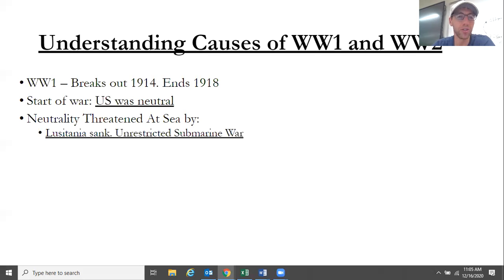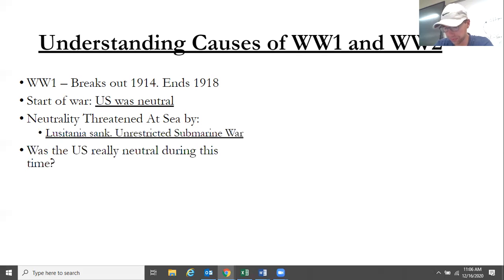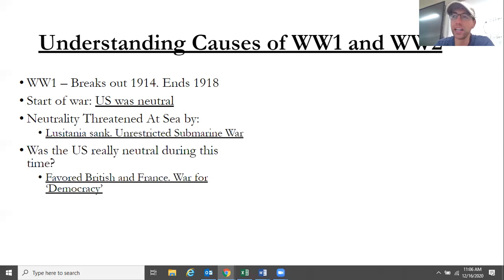The biggest thing that threatened the neutrality of the United States in World War I was unrestricted submarine warfare. An example of unrestricted submarine warfare was the Lusitania sinking. Unrestricted submarine warfare was where Germany basically just shot at all ships within a defined war zone that they created. The Lusitania was a very luxurious cruise liner that was sunk by a German submarine. Now, this did stop Germany from doing this,